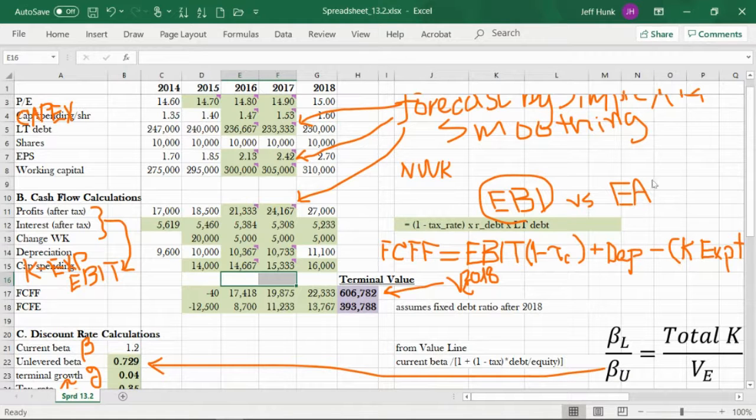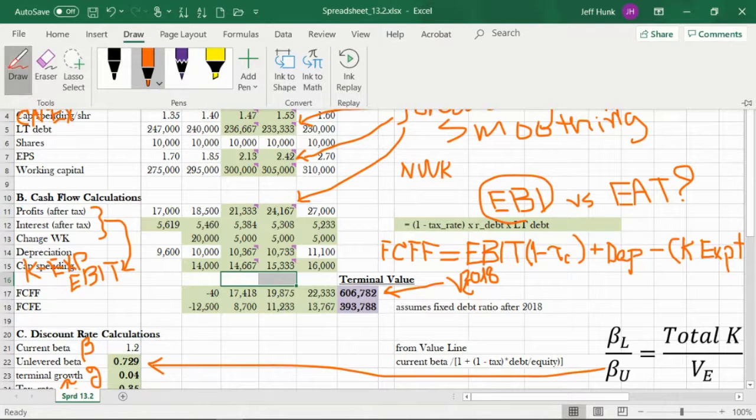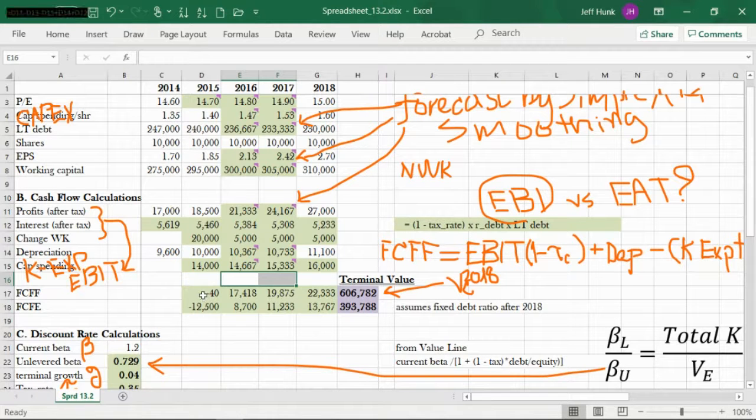They are talking. Is that EAT in the ordinary sense of the word? After tax profit is EAT, or is it this? Because EAT is irrelevant in this case, right? And we'll see. So we have